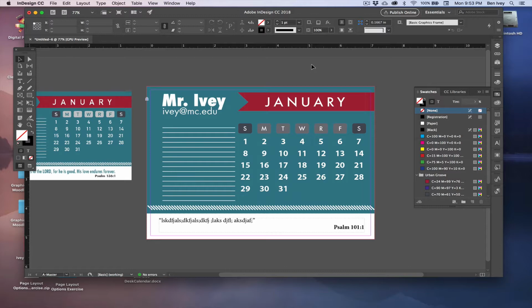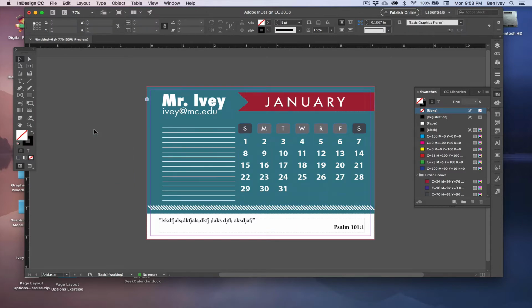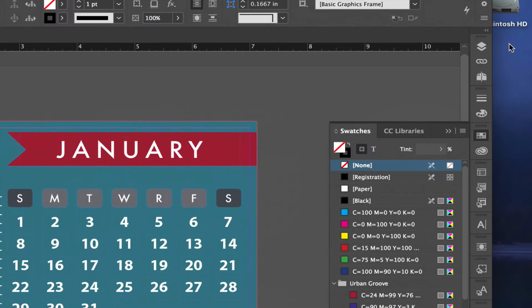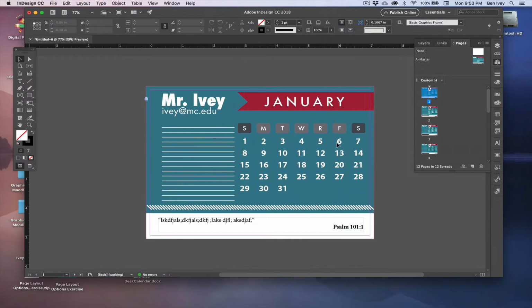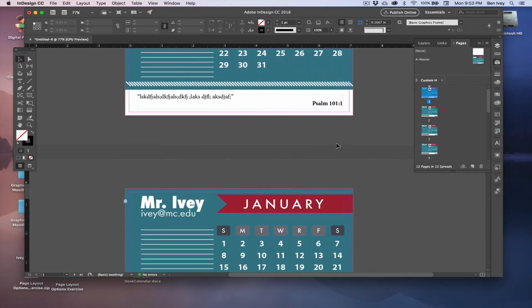Okay, once you get the style that you like for your overall theme for your calendar, now it's time to go in and customize it for each of the individual pages. To do this, we can get rid of our original one, so let's delete that away. We'll go back to our Pages panel and then double click on page 1. Notice that now on page 1,